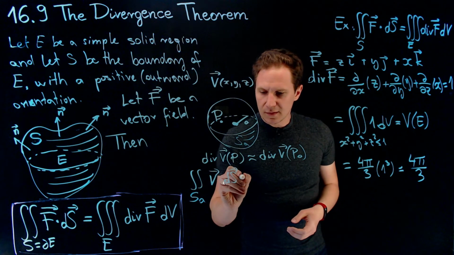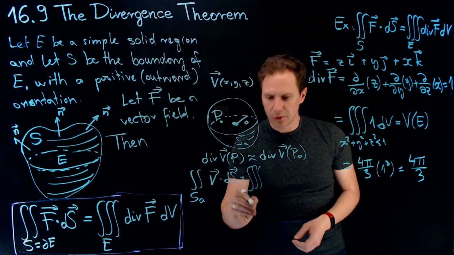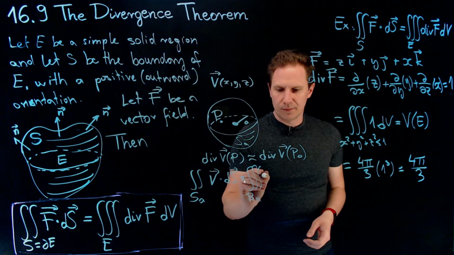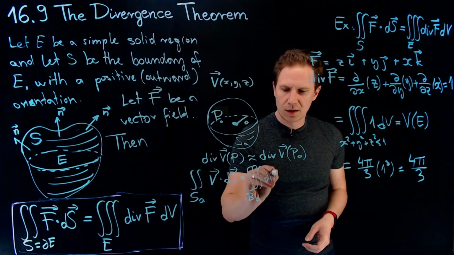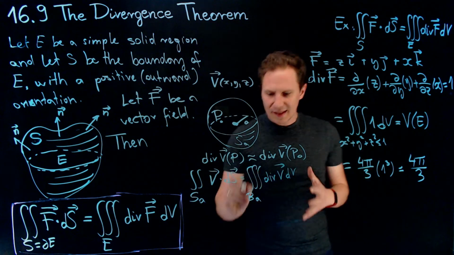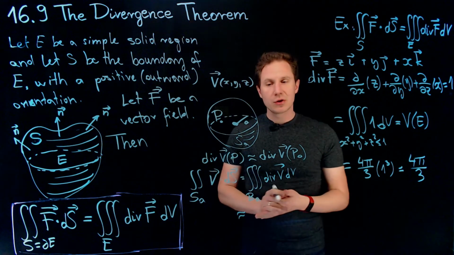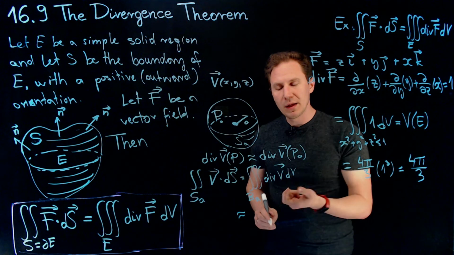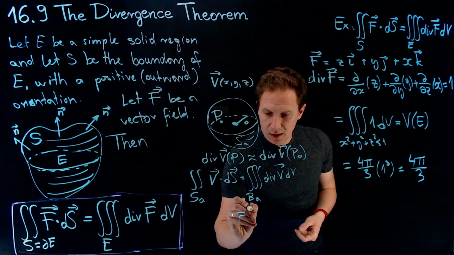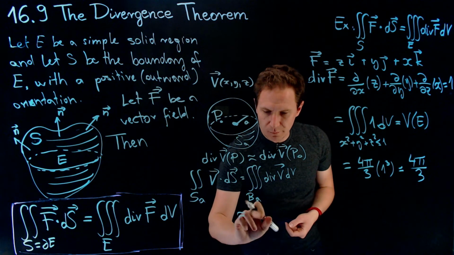What you'll find is, by the divergence theorem, it is equal to the triple integral over that ball B_a of the divergence of V, but that's approximately equal to the divergence of V at P naught integrated. So that would be having this divergence as a constant